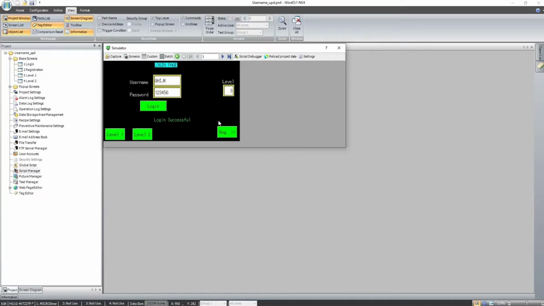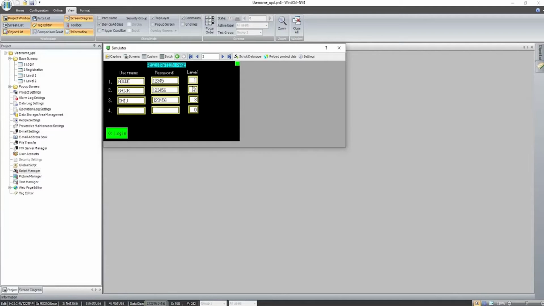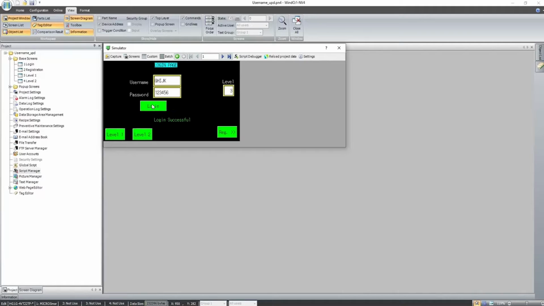According to this, the username should be GHIJK, password should be 1, 2, 3, 4, 5, 6 and level should be 2. Let us click on the login and the level will be changed. So regardless of length, or GHIJ being a part of GHIJK, the levels have been defined.